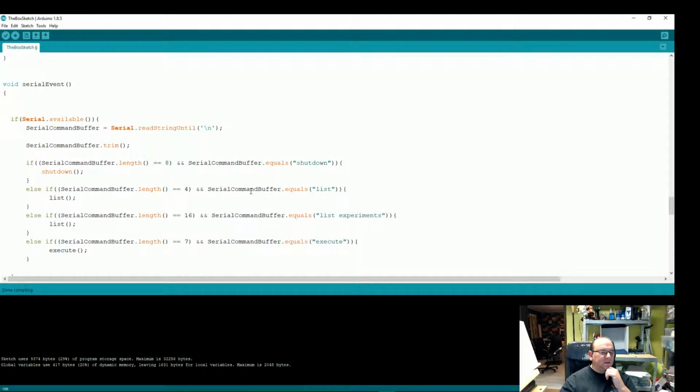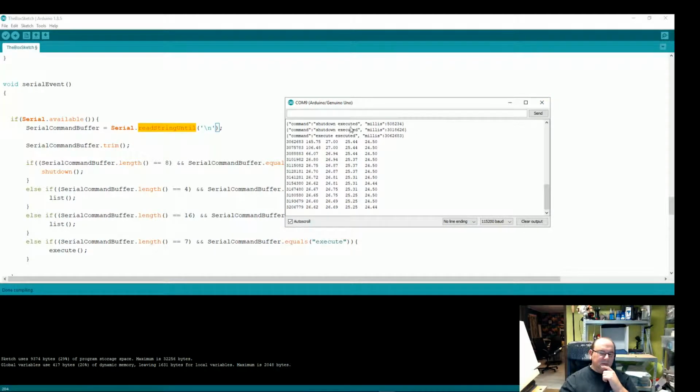And yeah, here's the serial event. So basically the idea is that this serial event gets triggered when there's incoming activity on the serial port, and checks if it's available, and then it reads the content of the serial terminal. So when I actually write in a command and press enter, then it actually reads the whole string, and then